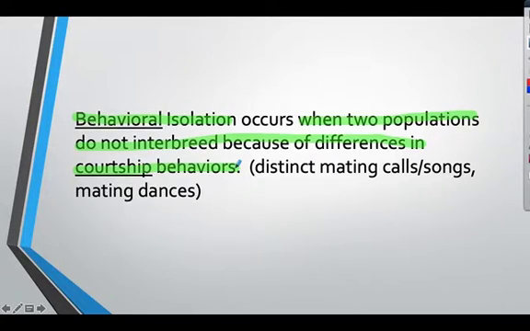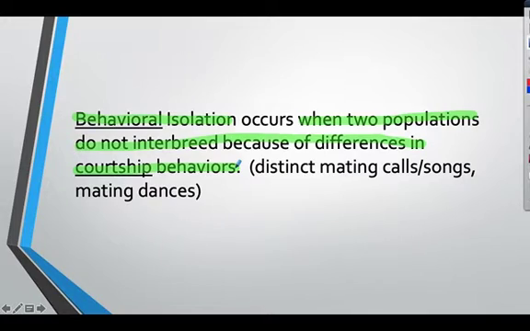they could not interbreed. Also, birds, especially, some of them have really bizarre mating dances and things like that. So those types of courtship behaviors could lead to behavioral isolation and eventually a new species. Okay, so that is